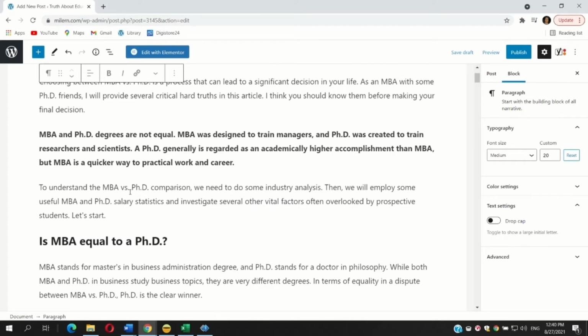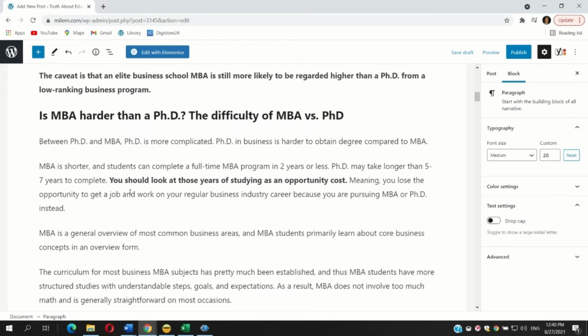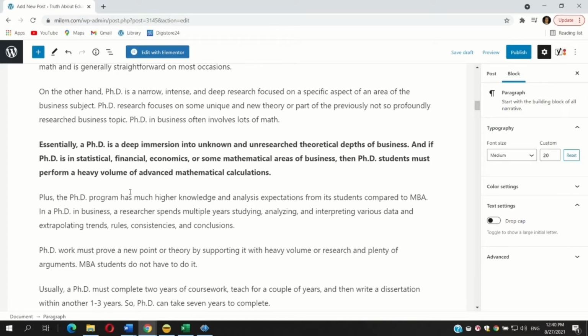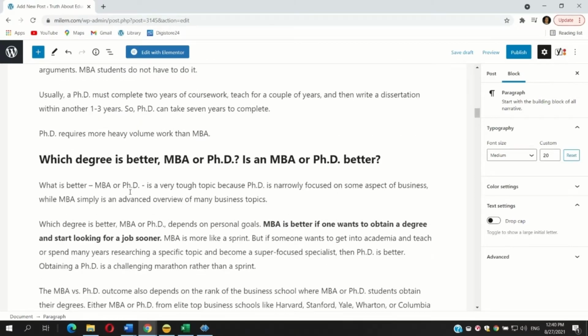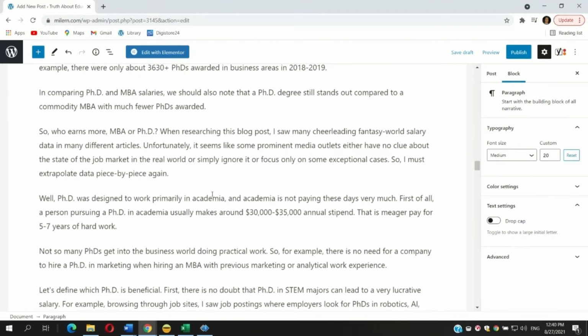I do have the key phrase MBA PhD, so I don't understand why Yoast SEO didn't pick it up. Okay, I'll just cater to Yoast SEO a little bit and use this specific one of the key phrases more often, but I think Yoast SEO sometimes is off, sometimes they miss